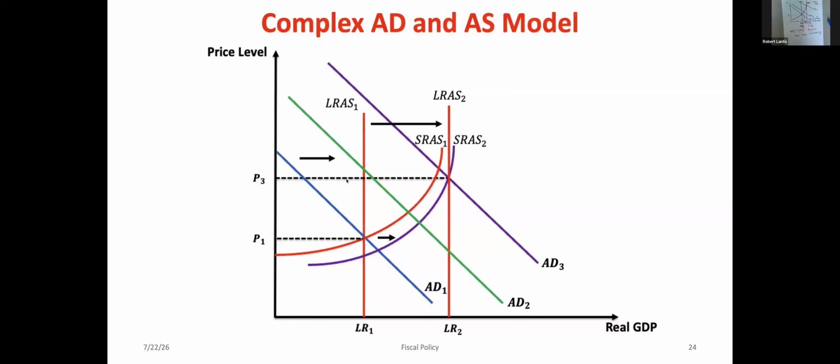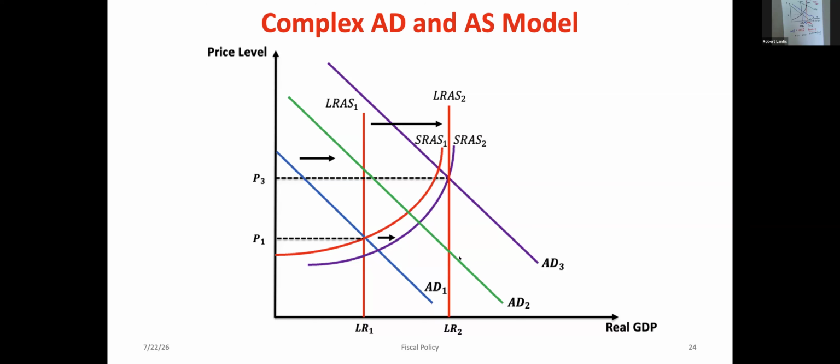We'll hop back to this in a second, but I just wanted to show you it doesn't matter. I gave you the simplifying assumption that short run aggregate supply didn't shift, but let's assume that it does. In the short run, even if it shifts as well, it likely isn't going to shift as much. Things can't respond as quickly in the short run. So that shift in short run aggregate supply will always be initially less than the shift in long run aggregate supply.